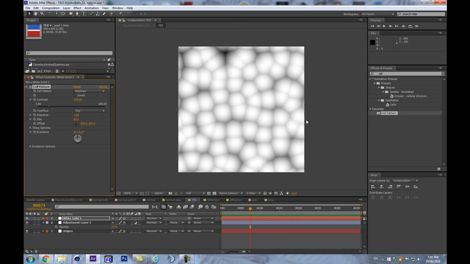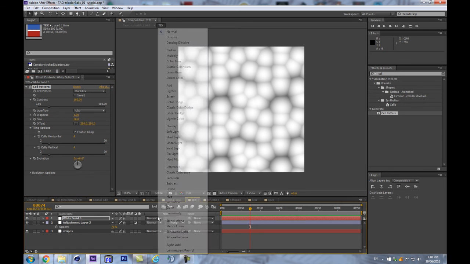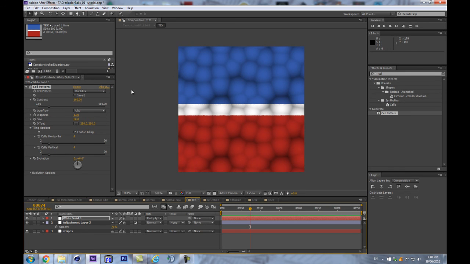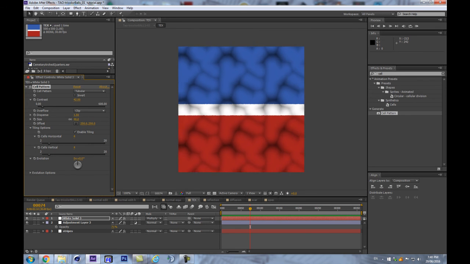This is not an effect I recommend because it's only 8-bit and it's not very nice, but we can enable tiling, and that'll make it tile. We can set it to multiply, and of course change the contrast. And I really don't like this that much, but